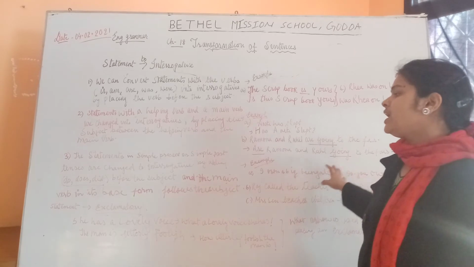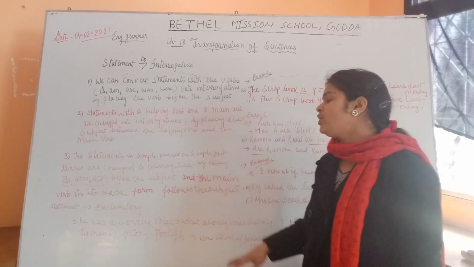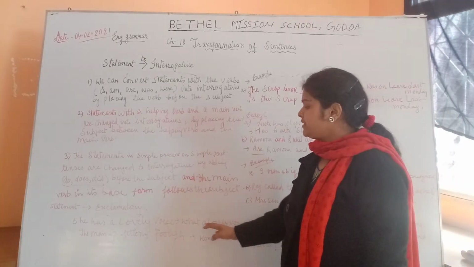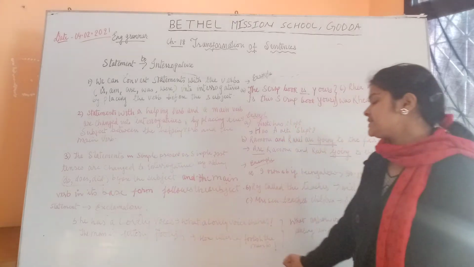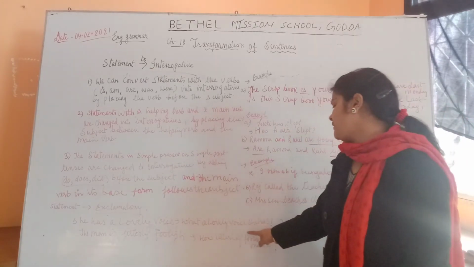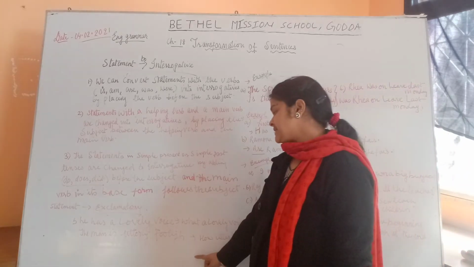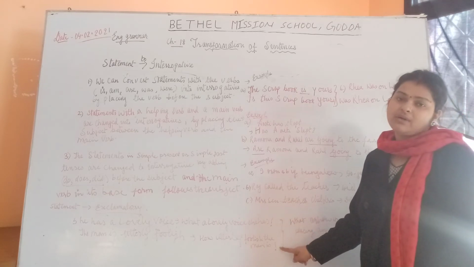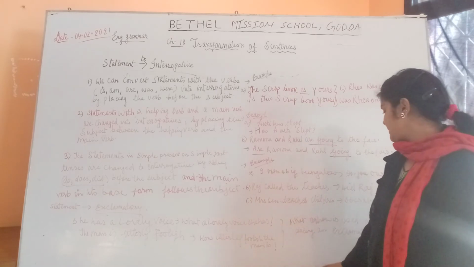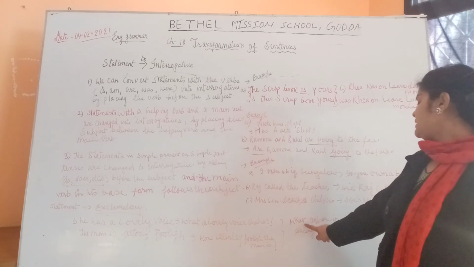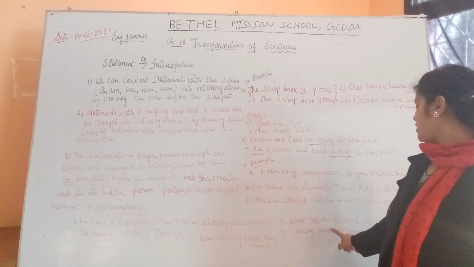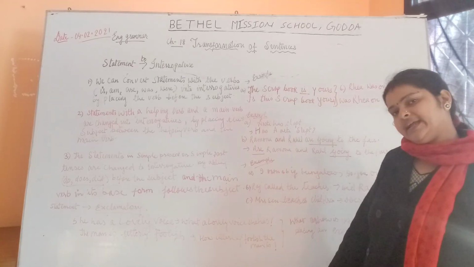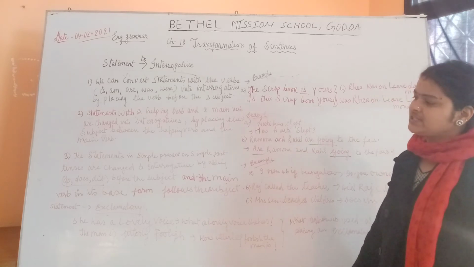Now the fourth one is how to convert a statement into an exclamatory one. With this example I will explain. She has a lovely voice. We use what: what a lovely voice she has! The man is utterly foolish. How utterly foolish the man is! Along with that, the exclamation mark is put at the end of the statement. In an exclamatory sentence, what or how is used at the beginning, with an exclamation mark at the end of the sentence, and this converts the statement into an exclamation.